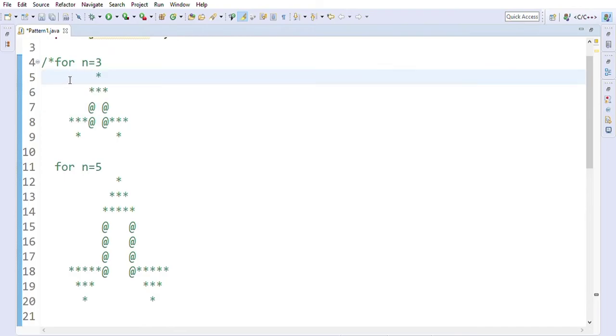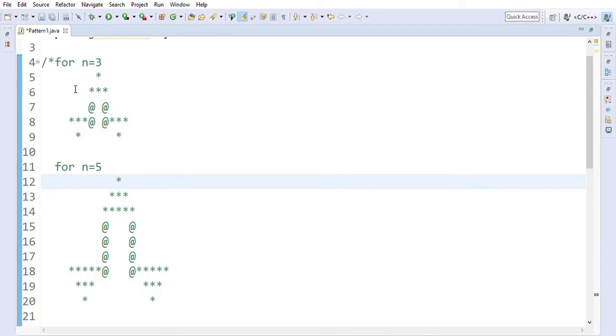In this type of problem we have to take care of white spaces more than the stars. So here we can see how many white spaces there are. As there are three stars, there are three white spaces, then three white spaces, and here four white spaces. Okay, let's see the same for n equal to 5. Till here there are five white spaces, and from here white spaces are gradually increasing by 1. Here white spaces are 6 and here 7.